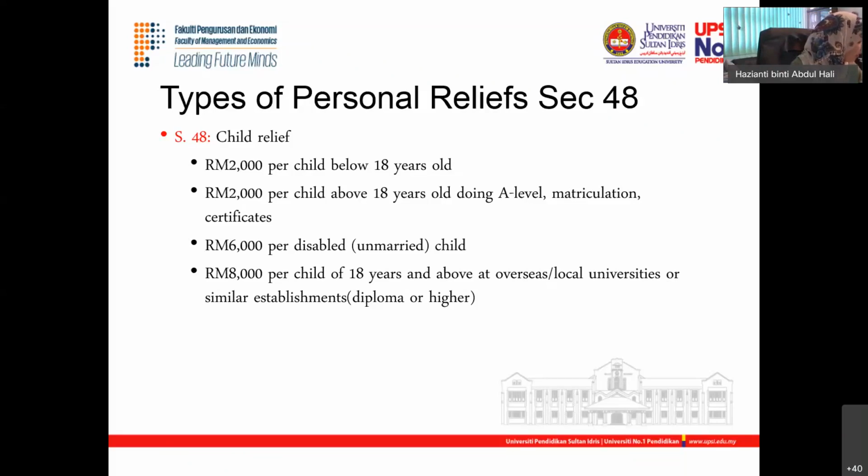Okay. Ada lagi soalan? Before kita move on, dia syarat untuk claim relief ni the child tu must be maintained by the individual tu lah. Kalau dia ada anak tapi anak dia bagi orang lain yang jaga, kalau ikutkan tak boleh claim relief pun sebab dia tak maintain anak tu. So kalau dia maintain anak tu, then they can claim relief wholly or partly.